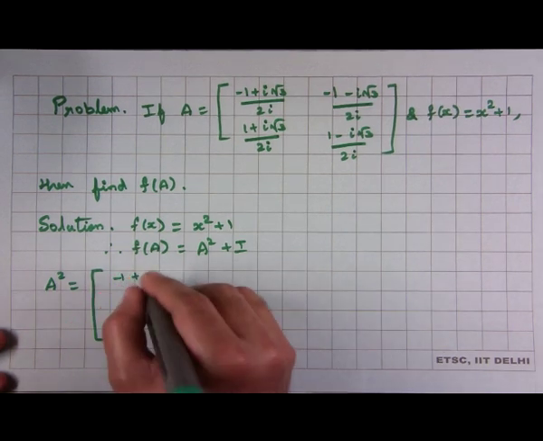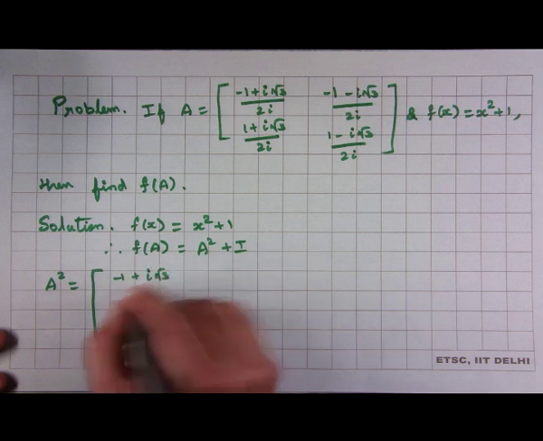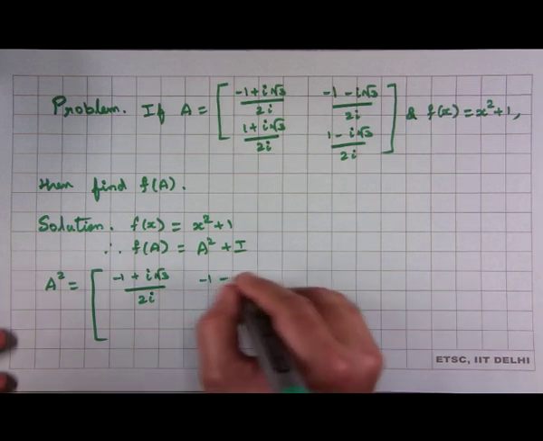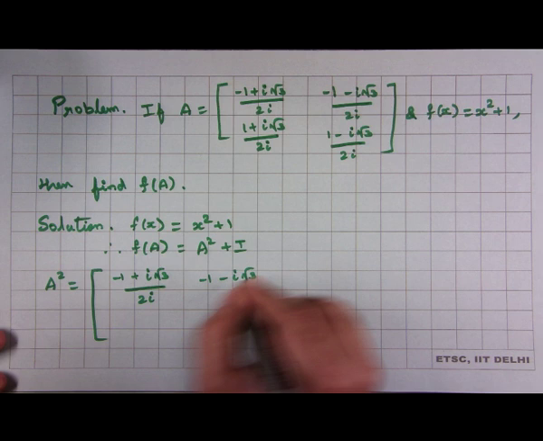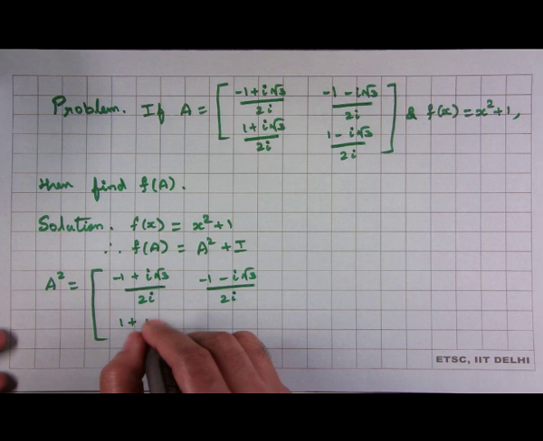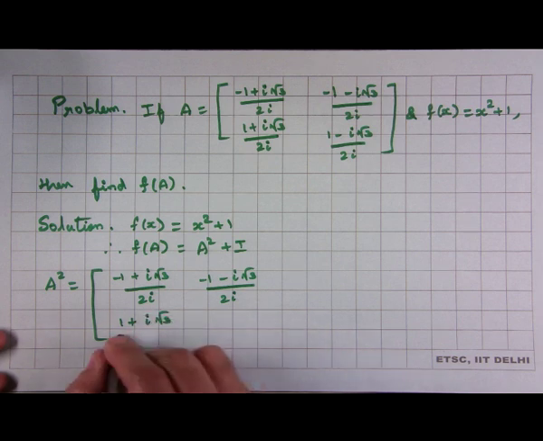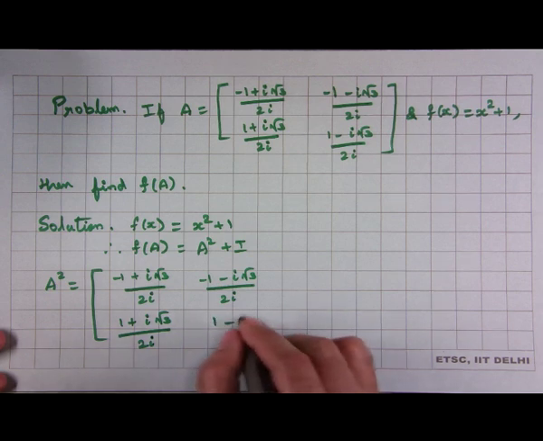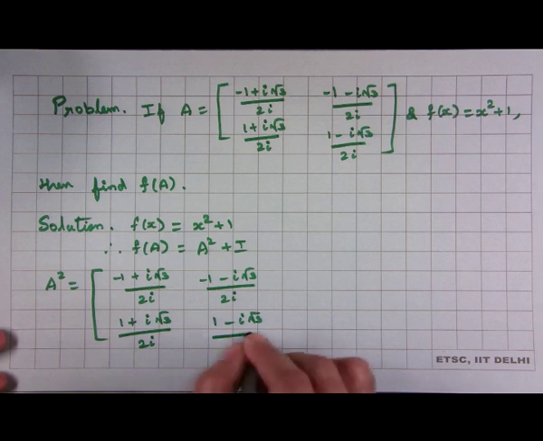Minus 1 plus i root 3 by 2i, minus 1 minus i root 3 by 2i, 1 plus i root 3 upon 2i, 1 minus i root 3 upon 2i